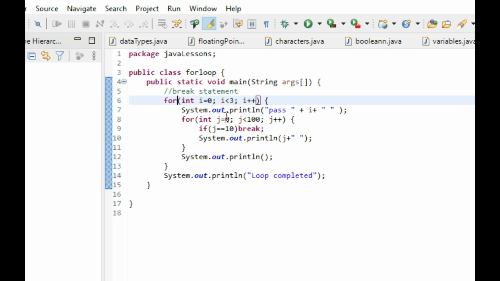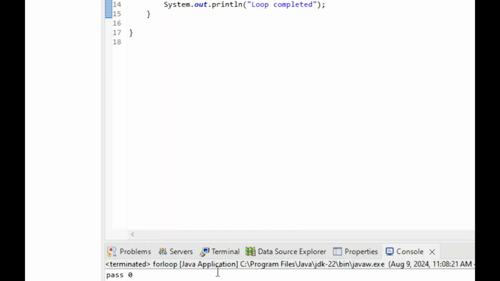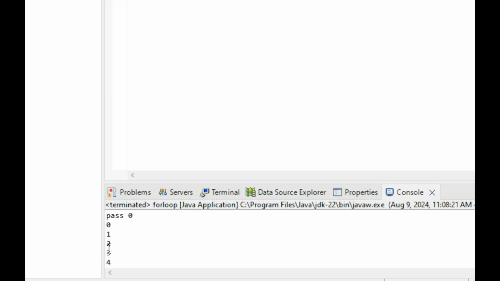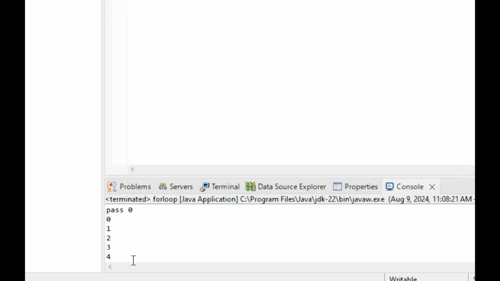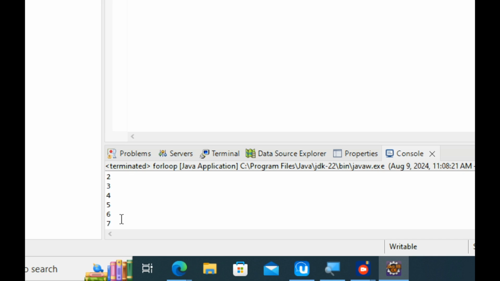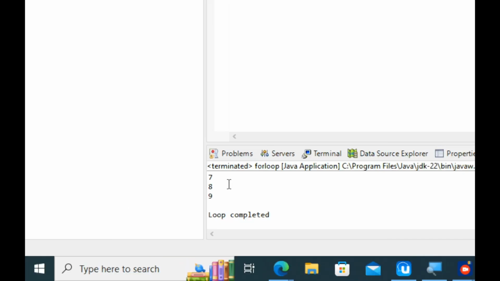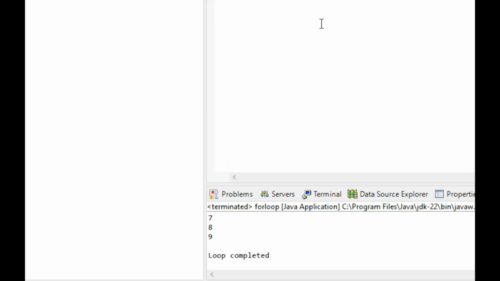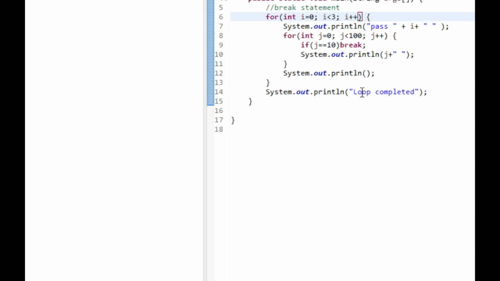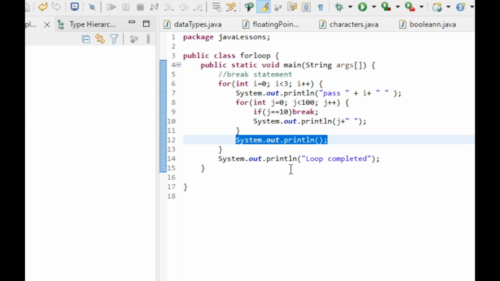So the first round j is actually 0. We are printing 0, then j goes to 1 all that way up to j is equal to 9. By the time j gets to 10, I want you to notice something. By the time here j gets to 10, this loop is exited, so an empty line is actually printed, and